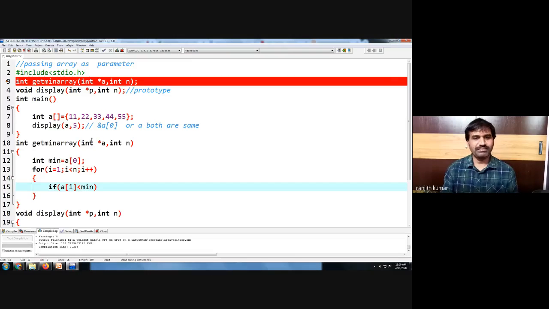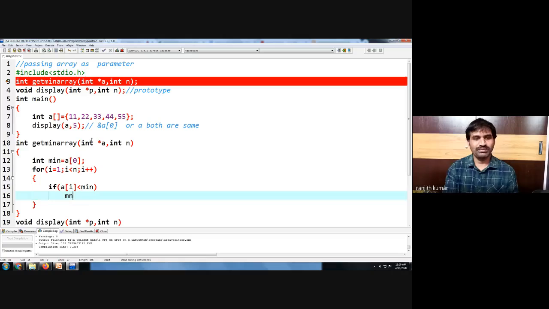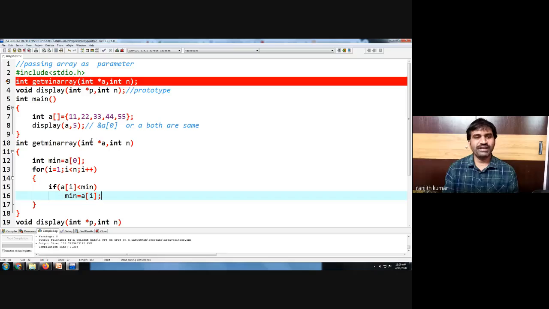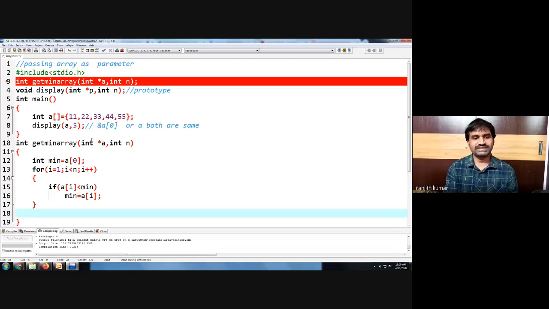If this condition is true, min is equal to a of i. Once the work is completed, finally you say return min.